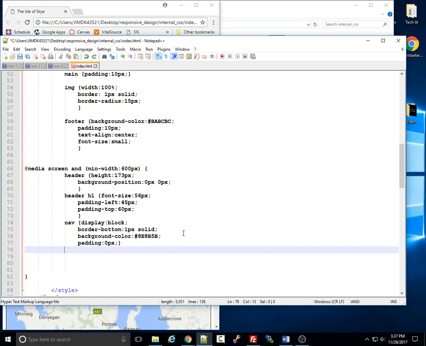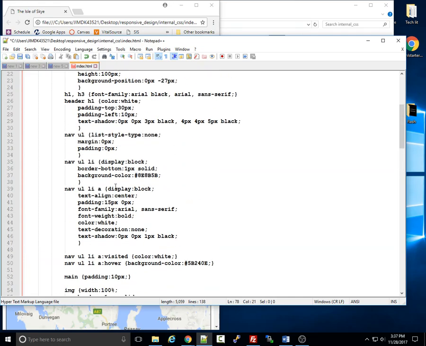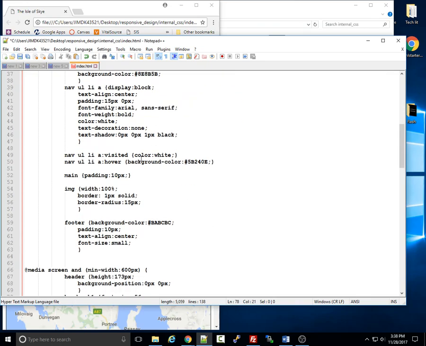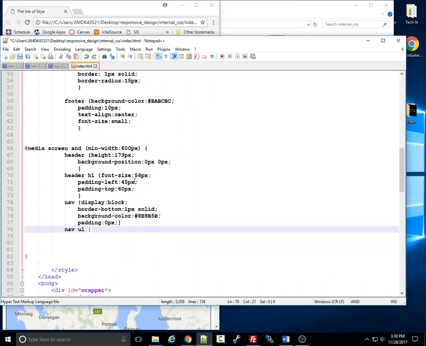What I want to do next is a little bit unusual, but basically I want to take this list. Let's just start with the list, nav UL. We used this up above right here, and all we did was set the list style type to none, and then we also set the margin and the padding. Well, I don't have to redo anything that's already been done, right? So I can leave all of those things alone,